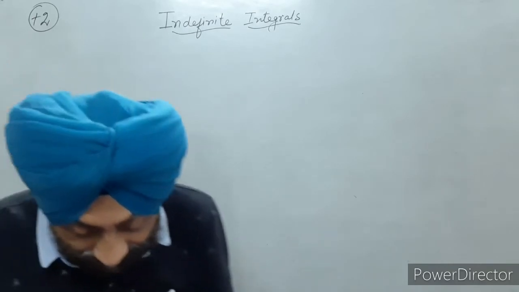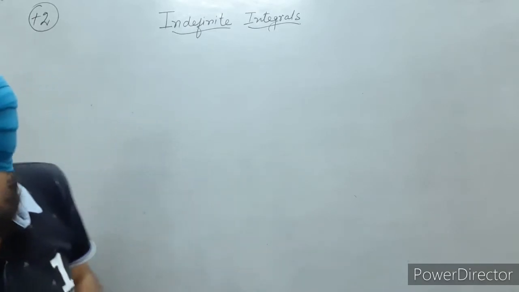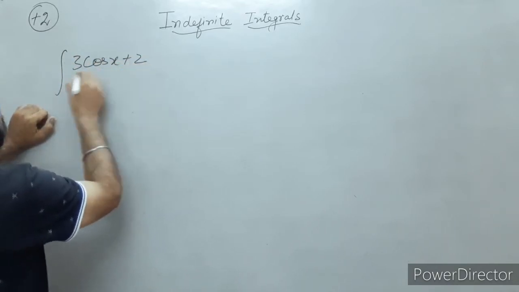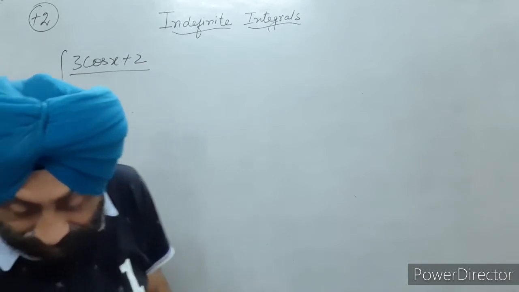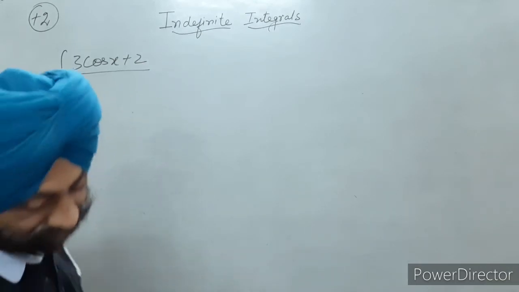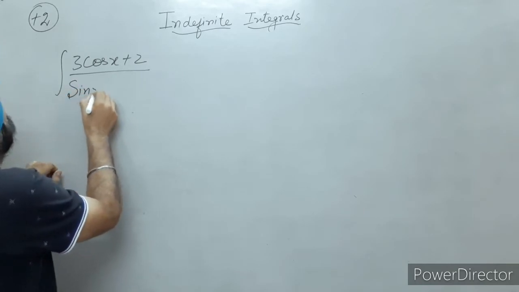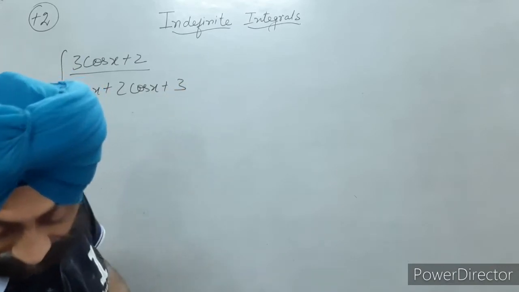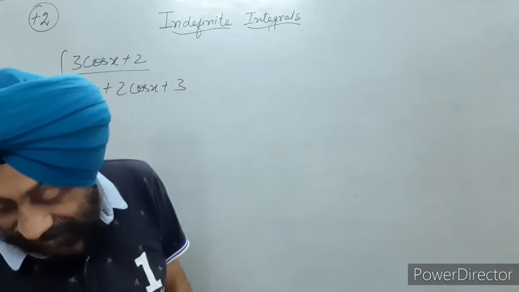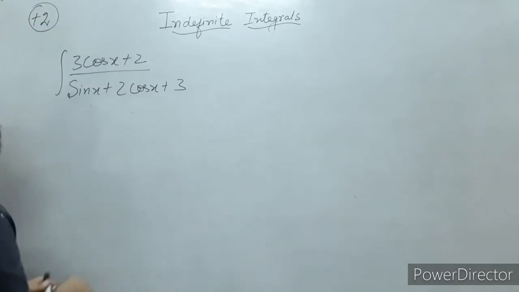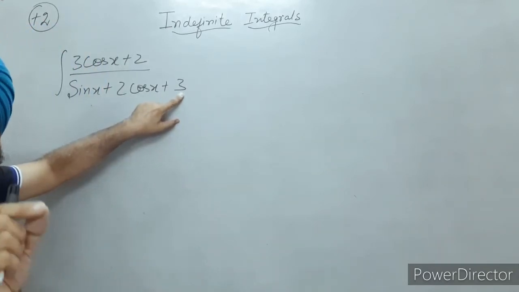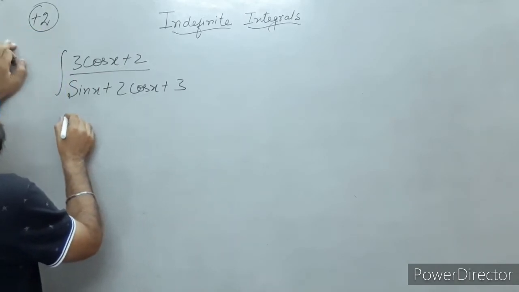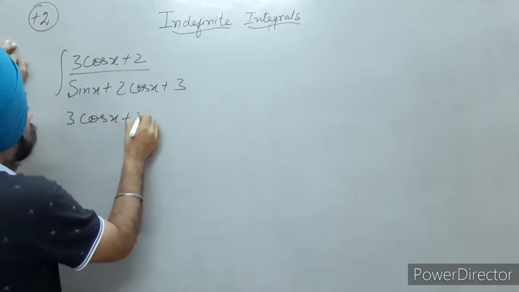Now to start with, the question is integrate 3 cos x plus 2 divided by sin x plus 2 cos x plus 3, dx. Now the denominator contains a constant, plus 3. So what we have to do is, for the numerator, let me start off: 3 cos x plus 2 is equal to